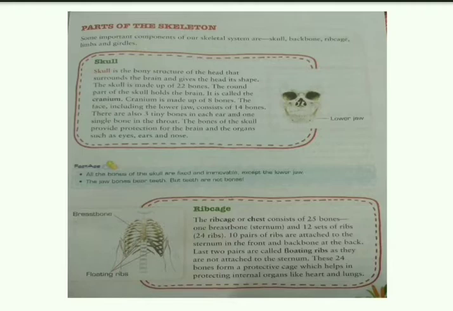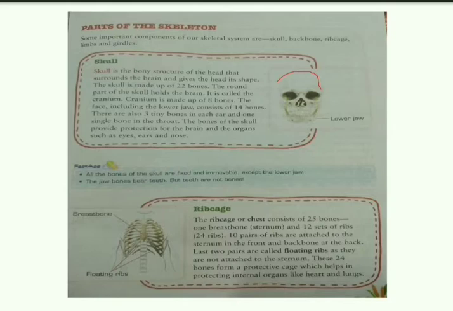The round part of the skull, which you can see here, is called the cranium, which holds the brain, and this is made up of 8 bones. The other parts, that is the face and the lower jaw, consist of 14 bones. All these 22 bones of the skull are connected, that is, they are interlocked with each other, which makes the skull immovable. You cannot move the skull except the lower jaw. Whenever you are speaking or eating, you can move only your lower jaw bone.